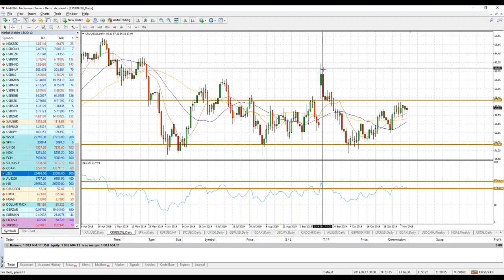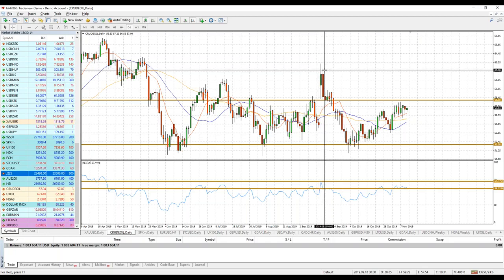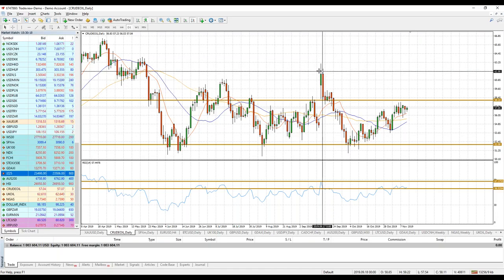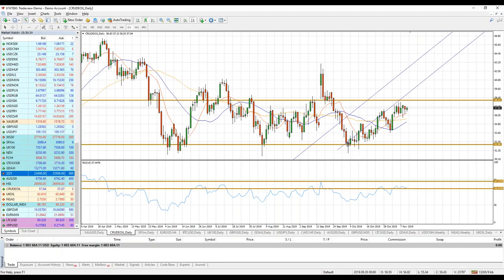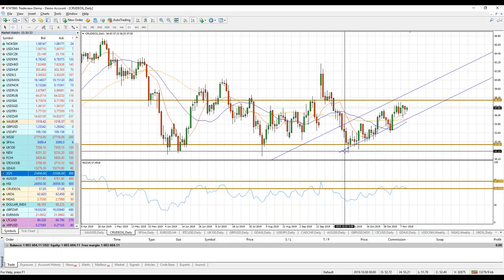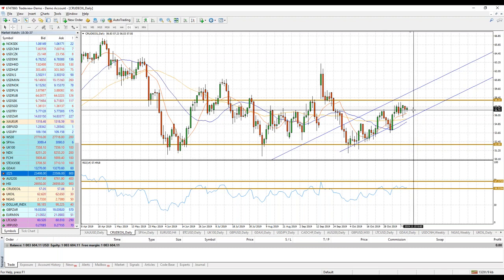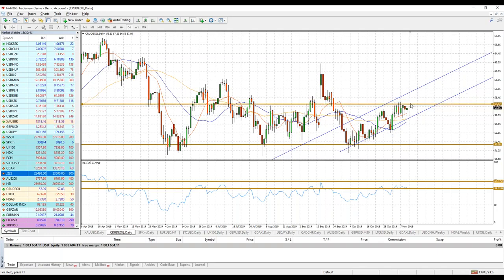Then, of course, Donald Trump coming out and saying the US will absolutely make up for the shortage of supply. We saw the huge drop that took place thereafter. Since then, we have been looking essentially at an equidistant channel, some consolidation taking place in and around these areas. So it has, in a sense, been consolidating, but more in an ascending fashion. Now we can see it has reached somewhat of a resistance. Clearly, this is a resistance.